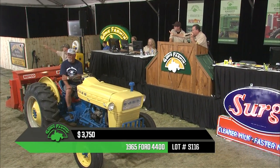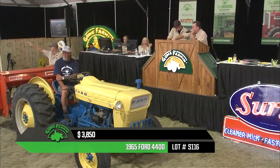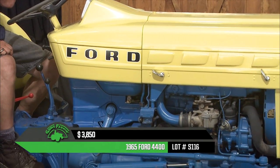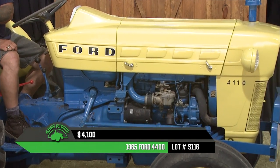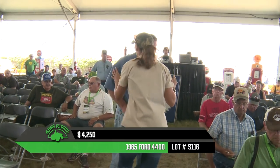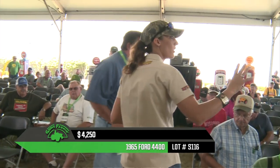And of course with the slit seeder, what that is, there's a rotor in there with a bunch of blades. It just cuts little slits about a 1/2 inch to 3/4 inch deep. And then the seeds drop over the back, and then we got the roller there that just packs it all in. So $4,250 right now bid on this